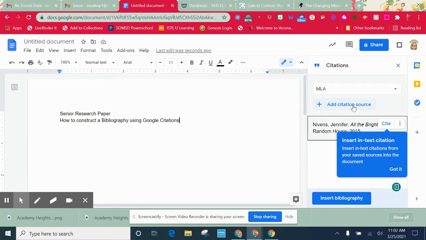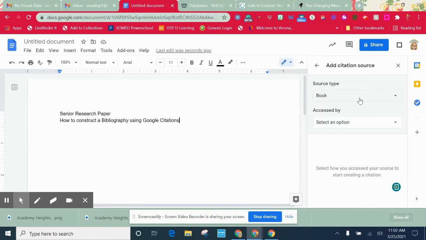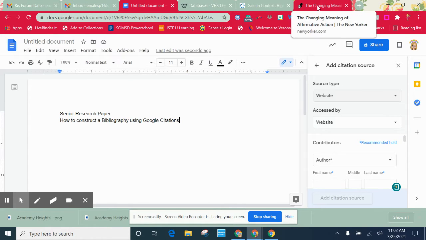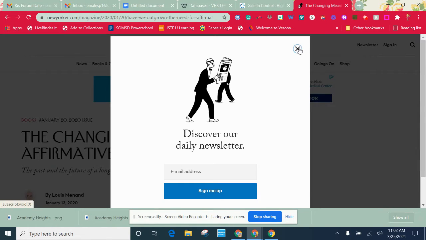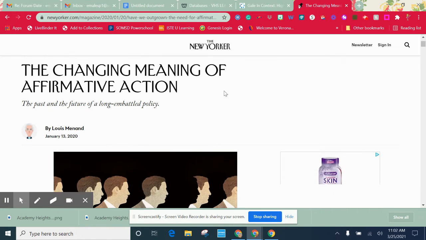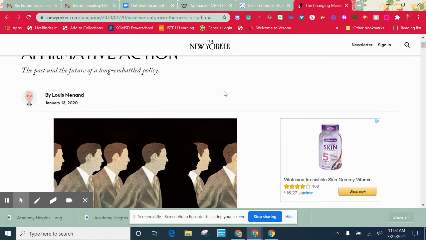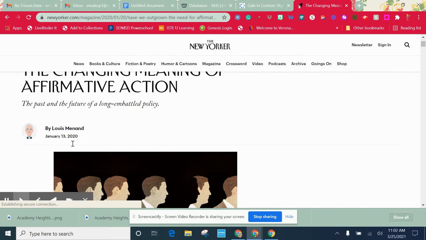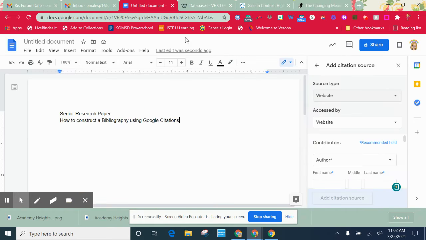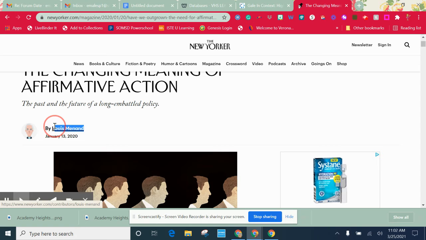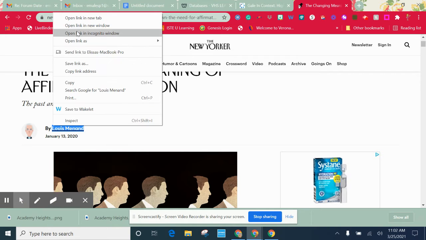Now, if you want to do a website, we go to add citation, we say type, we say website. And then let's see, one of the topics you can choose is affirmative action. So we found this article about affirmative action, and we know who it's by, we knew the date, we know where it's from, so we can put that information into our document. So the author is Lewis Menard, so we can copy that,